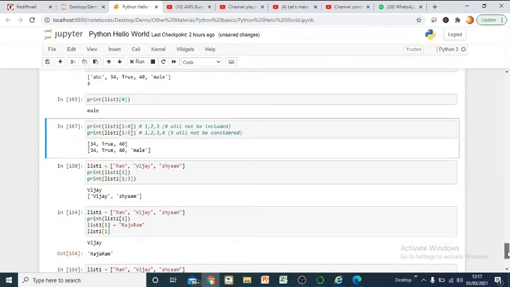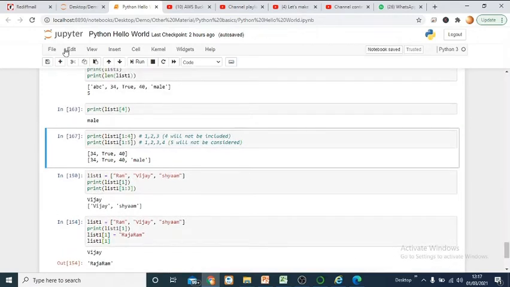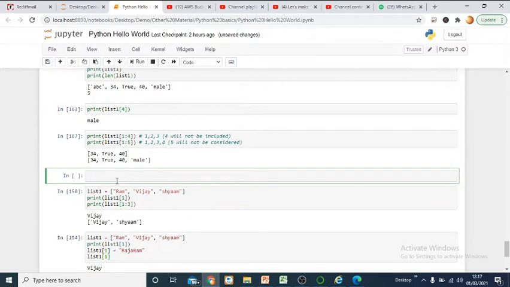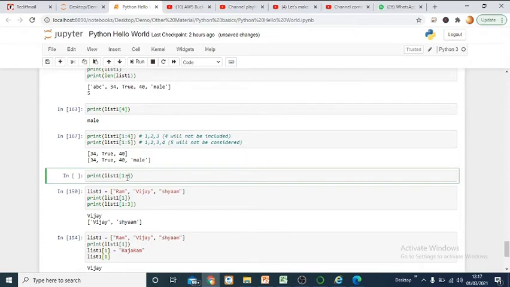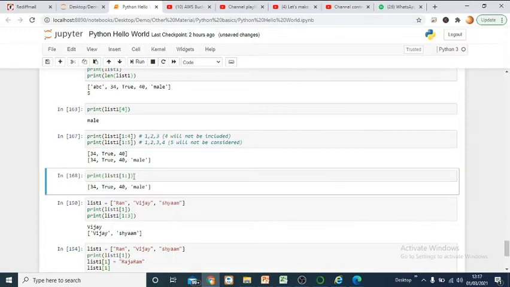Now similarly, if you have a list available with you, and in that list you don't know the upper and lower limit, like you just want to start with item number 1, but you don't know how many items are present in the list. You just want to trace it throughout, that means till the end. So you want to start with 1 and trace it till the end of the list. So you can avoid mentioning the end index. If you do not mention the end index, then it considers that starting from 1, read all the items which are present in the list.